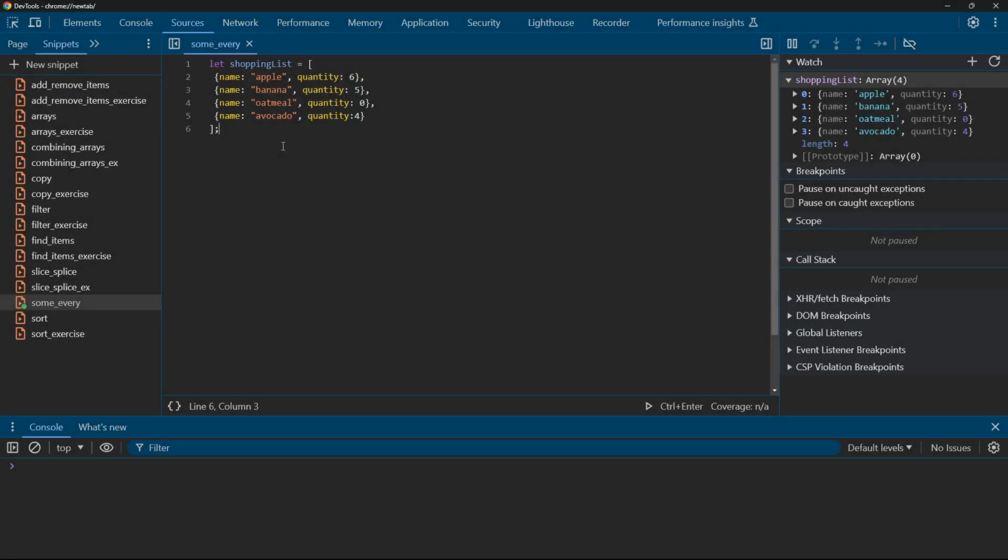In some situations, we want to test array elements according to a certain condition. So here is our shopping list again. And let's check if any of the items in the list have quantity equal to 0. We can use SOME method like this. let isAnyZero = shoppingList.some { item in item.quantity == 0 }